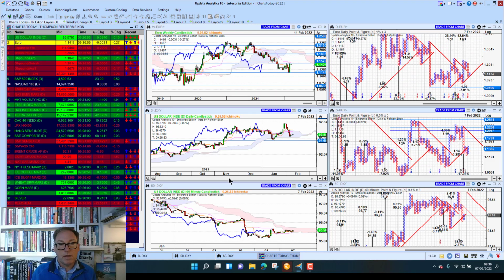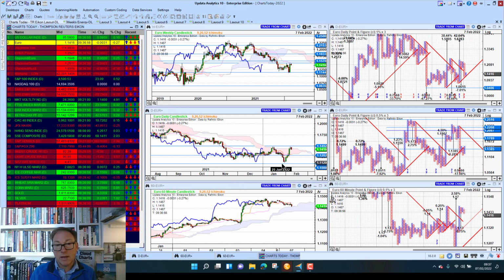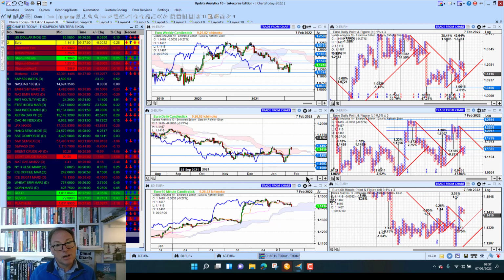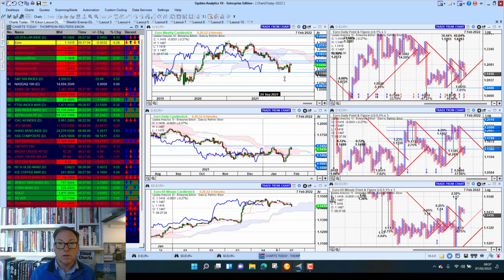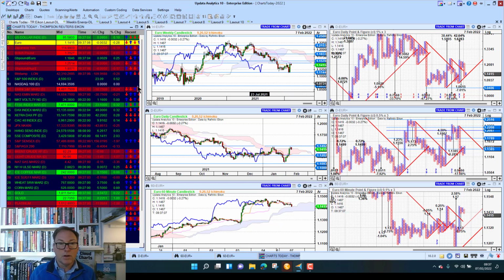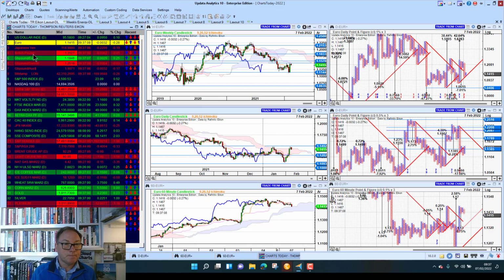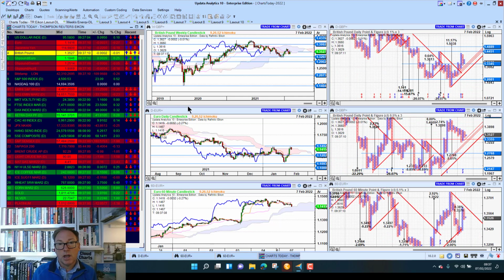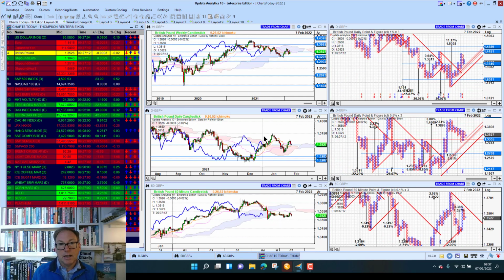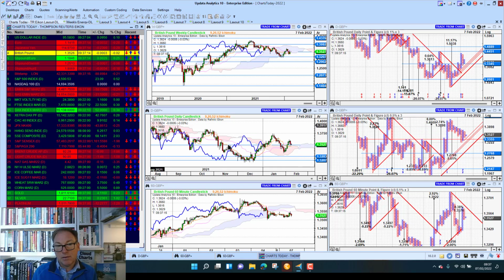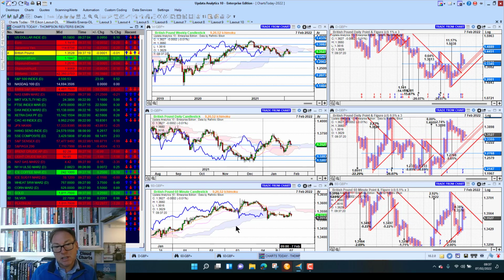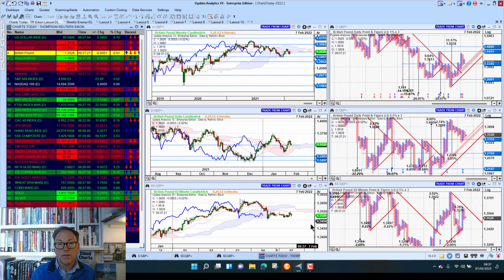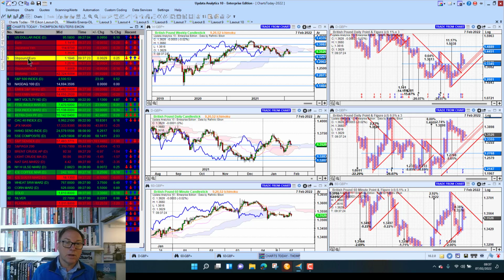Looking at the euro, that means the euro is looking stronger this week. Had that big bounce last week, but not enough to take it medium term bullish. We've got quite a bit of work still to do there, but that floor for the euro is the one to watch. Sterling is actually looking weaker against the dollar, just hitting some cloud resistance, still in medium-term bearish territory. And we're just seeing on the 60-minute chart, we're just starting to roll through the chart. So it looks like a less good week for sterling.